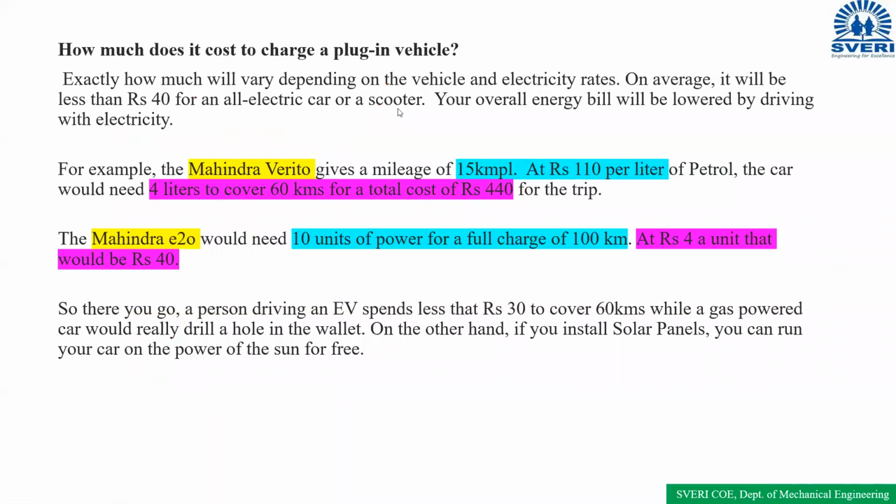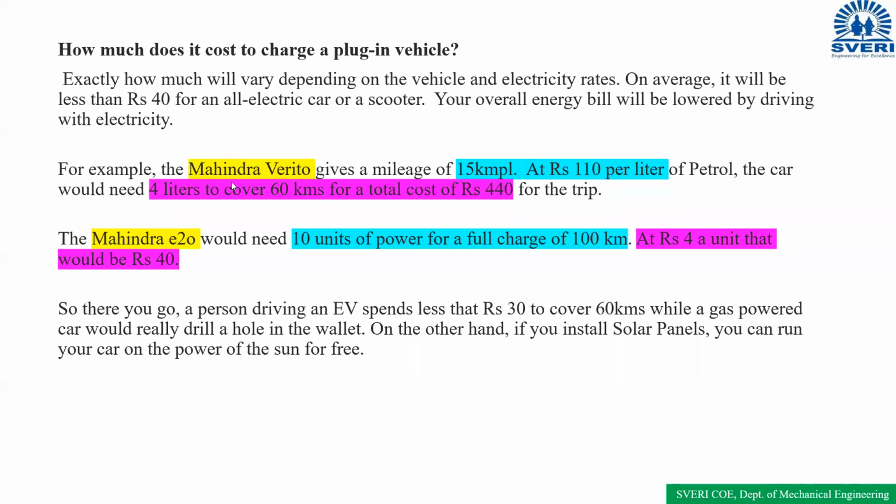And one more thing, one of the main advantages: exactly how much will vary depending on the vehicle and electricity rates. On average, it will be less than 40 rupees for all electric cars or scooters. Your overall energy cost will be lowered by driving them with electricity. Means, for example,